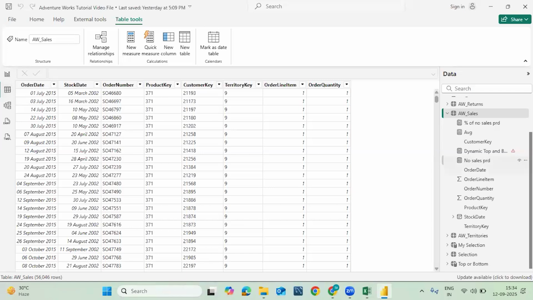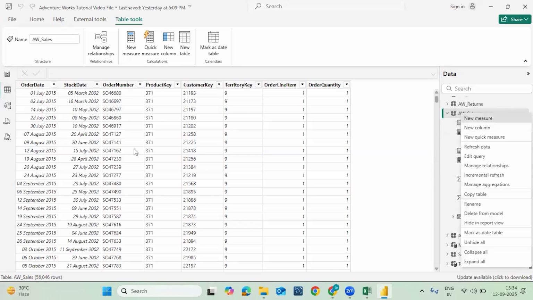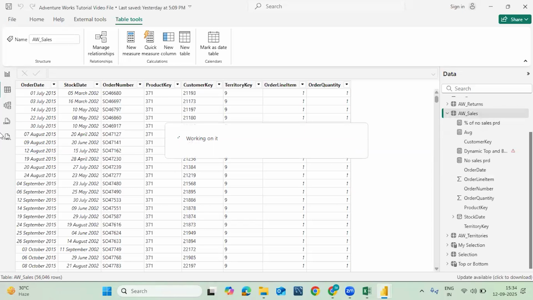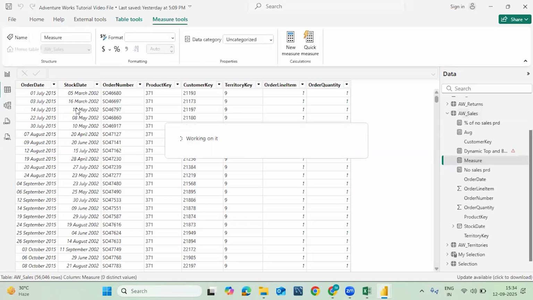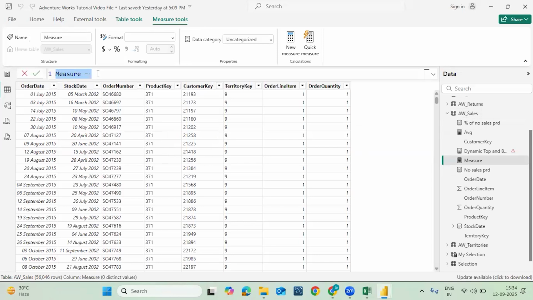So how to do that? Let's create a measure and understand how we can do that. Over here, we'll take the example of total sales and understand how the RELATED function can work inside a measure. We'll create Total Sales equals to, now for total sales, we need order quantity into product price. Product price is not present here, it is present in the product table. But we need that for this calculation only, and apart from that there is no use of product price